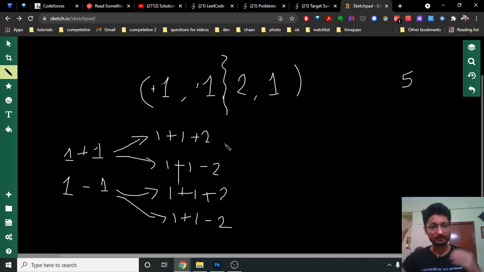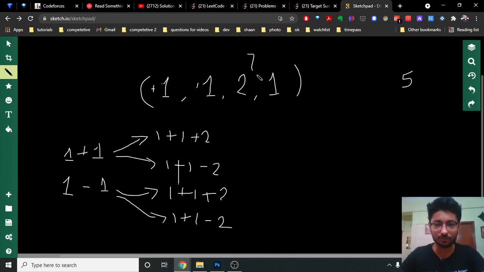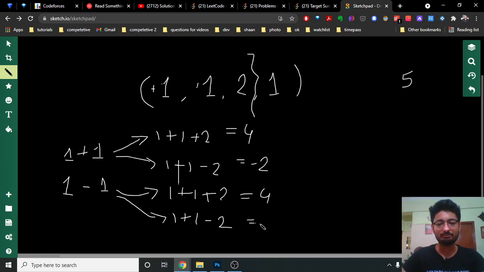So see, at this particular state, after taking all the elements before 2, the total sum can be 4, the sum can be minus 2, the sum can be 4, and the sum can be 0. So after taking all of these numbers, the sum can be any of these.